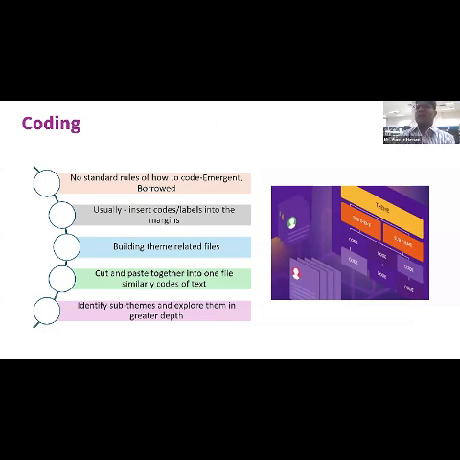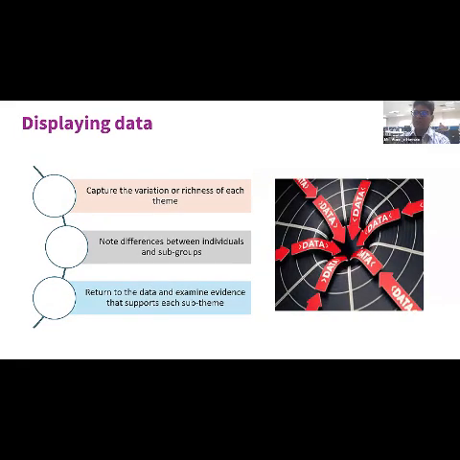In coding, there are no standard rules on how to code; codes are emergent or both. Usually it inserts code labels into the margin, building themes related to the files, and identifying subthemes and exploring them in greater depth. And in displaying the data, capture the variation and richness of these themes, note differences between individuals and subgroups, return to the data and examine evidence that